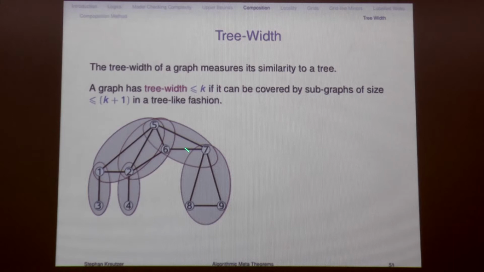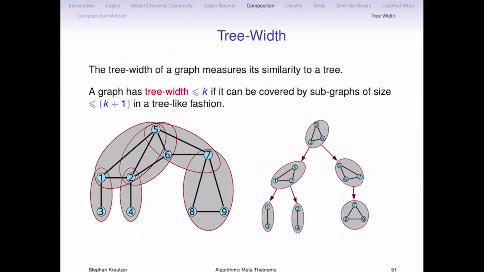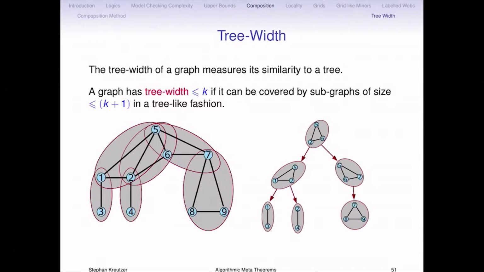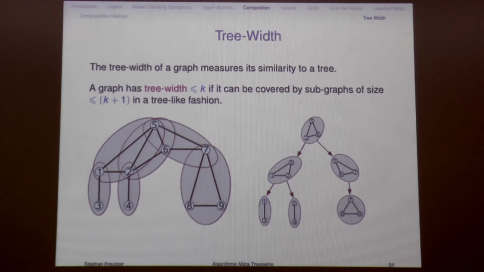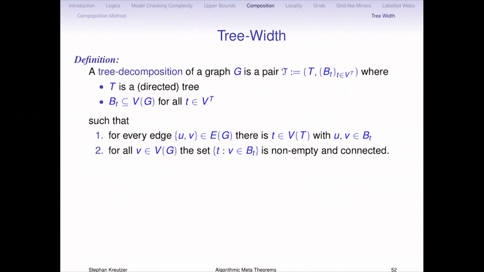And if you take the union of all of them, this gives you back the entire graph. And if you look at the connectivity, the overlap structure of these subgraphs, this forms a tree. You see this tree here. This subgraph sits here, and this one is that one here. Then we have this one as a root, and another slightly different one, and then we have these 2 edges. And this is actually all you need to know about tree width. It says a graph has tree width at most k if it can be decomposed or covered in exactly this way by constant size subgraphs with k plus 1 vertices. There's a more formal definition, but I'm running a little late, so maybe I just skip it.